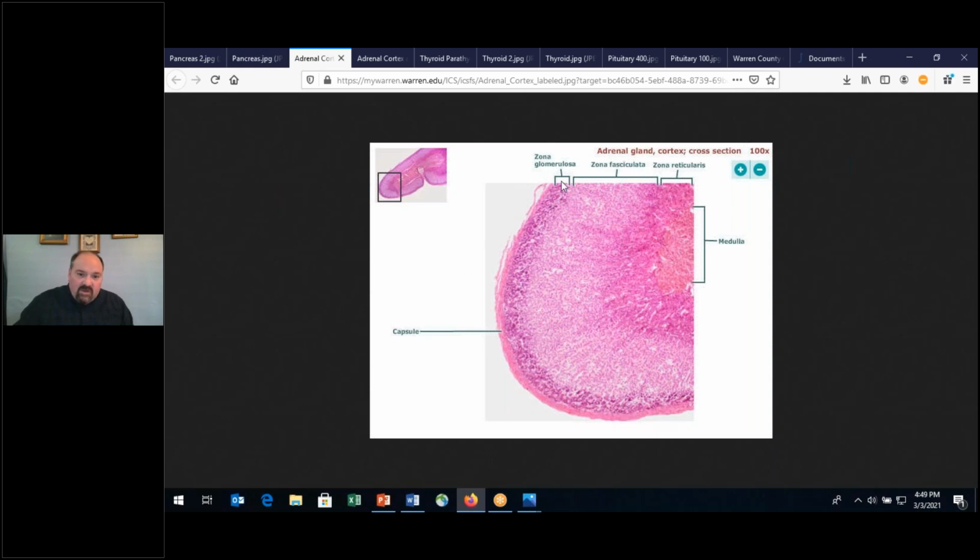So then you have what? Glomerulosa, fasciculata, a large area, then the reticularis. So GFR, that's the cortical region. So here would be the medullary region right there. And you can see how it is a little bit lighter and a different stain that the nervous tissue takes. Now, all depending upon the samples that you have,